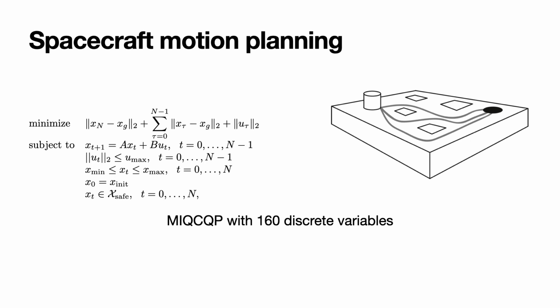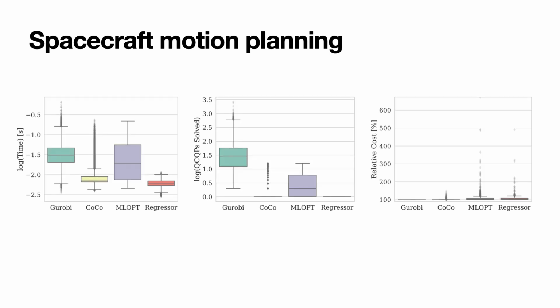We demonstrate the efficacy of our proposed approach through numerical experiments on a benchmark of robotics problems. First, we investigate the spacecraft motion planning problem, a fundamental problem in robotics that we model as a mixed integer QCQP. Our problem consists of 160 binary variables. We benchmark COCO against the commercial solver Gurobi and other state-of-the-art data-driven approaches for solving MICPs. We show that COCO outperforms Gurobi and the benchmarks in terms of solution time, as well as the average number of QCQPs solved before a solution is found. We further find that COCO not only finds feasible solutions to the MICP, but finds the globally optimal solution the majority of the time.